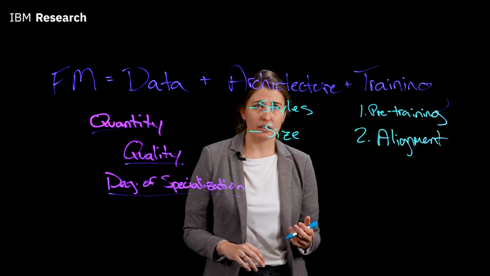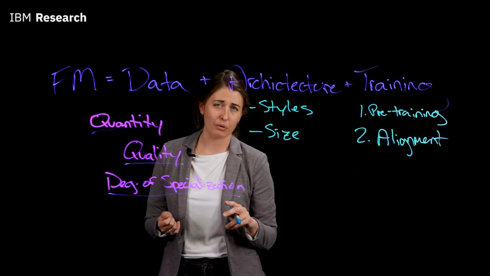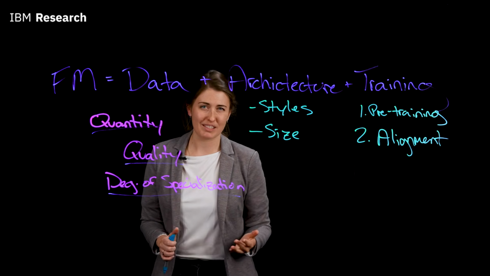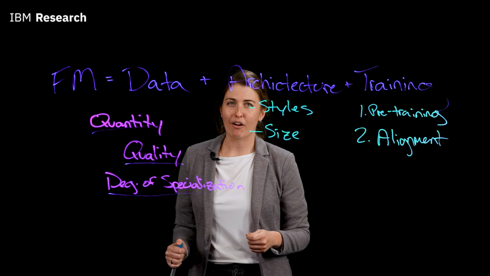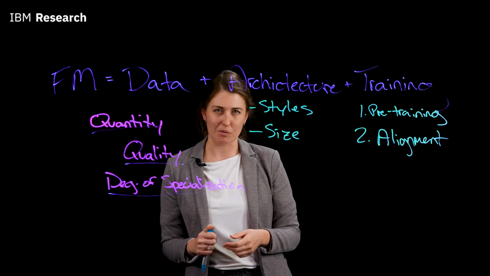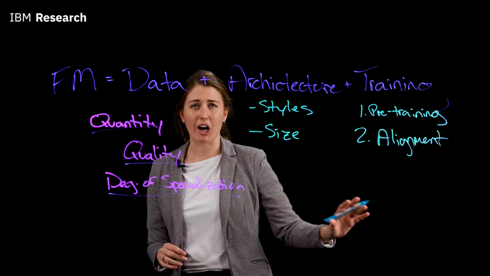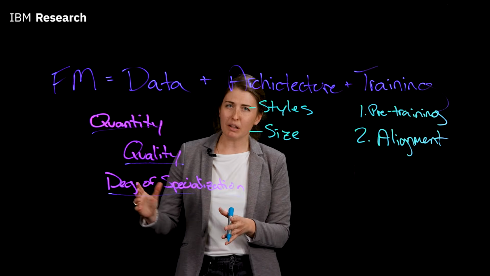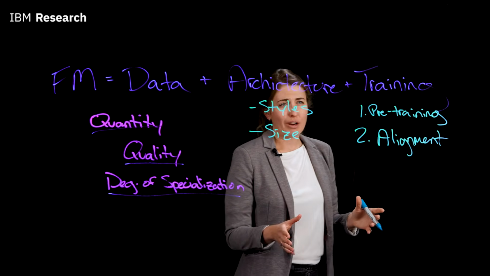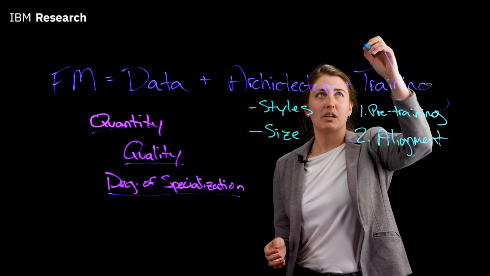On the architecture side, we're building a variety of different style models, the encoder-decoder models, decoder-only models, and more. We're coming up also with net new architectures that have never been seen before, models that promise to have ultra-efficient operations and have modular components that allow expert knowledge to be infused in them that we think are going to drive a lot of value in this space. And we're building models of a variety of sizes, things from smaller 3 billion size models to 20 billion and larger.